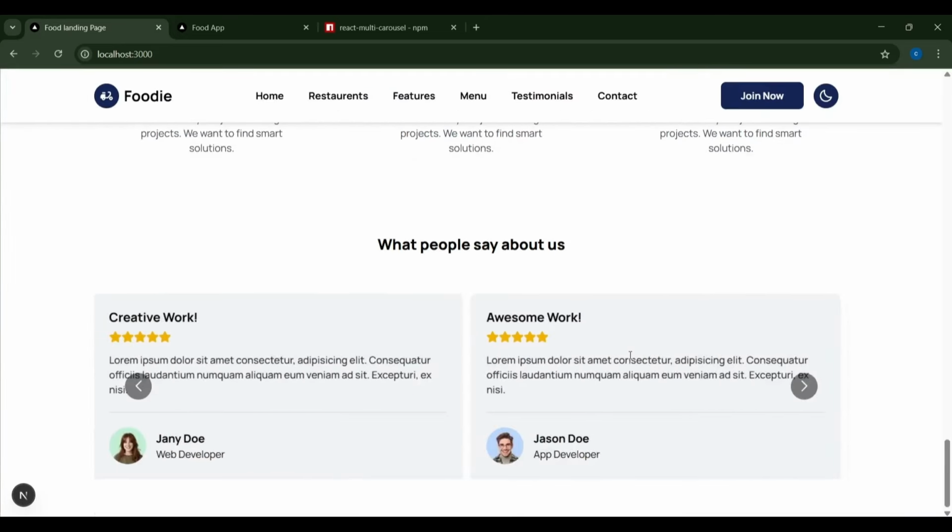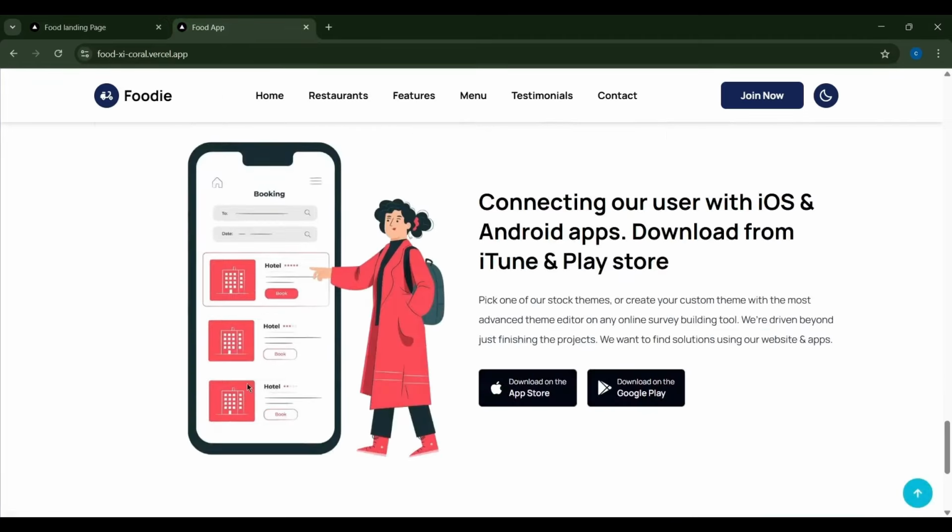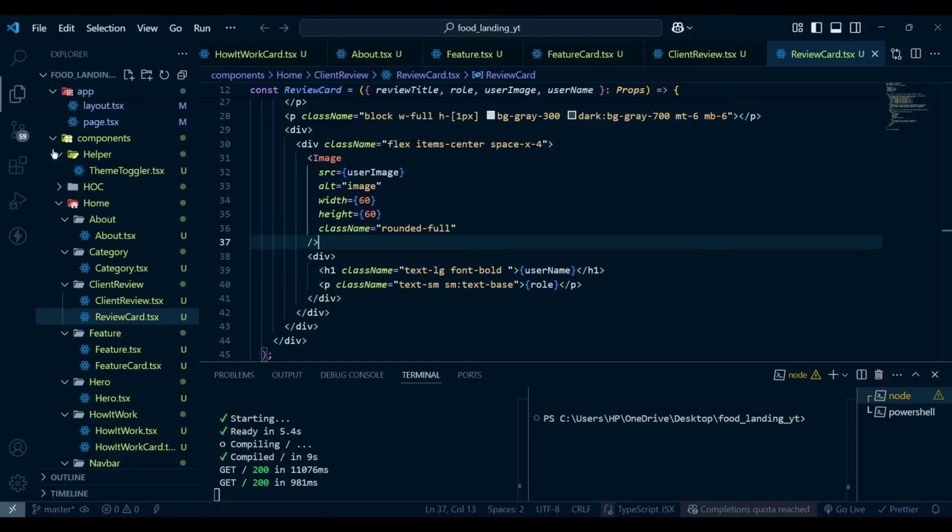So our client review section is completed. Next we are going to build the mobile app section. If I show you this section, here you can see we have an image and two buttons for downloading the app. To build this section, I'm going to create a new folder inside my home,